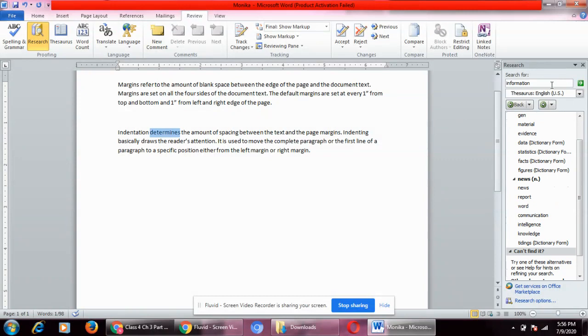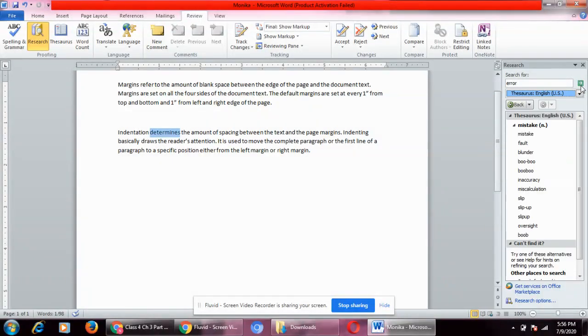Let's search for a word in which I can get the antonym also. Let's take the word error. Let's find out. Mistake, fault, blunder, boo-boo, inaccuracy, miscalculation, slip up, oversight.